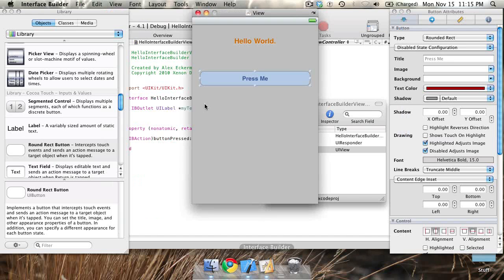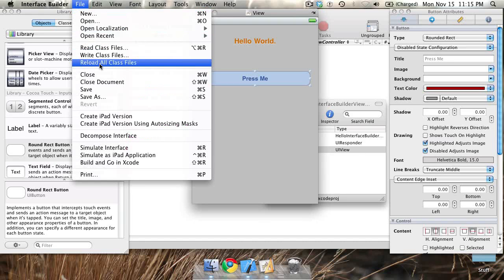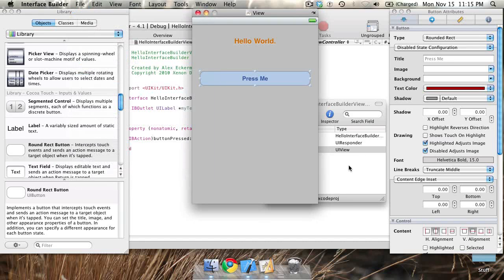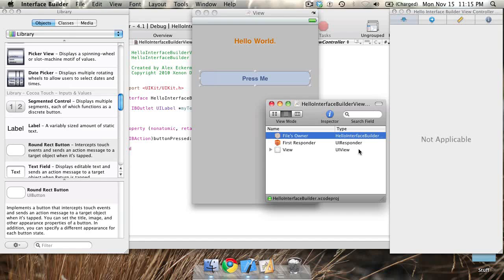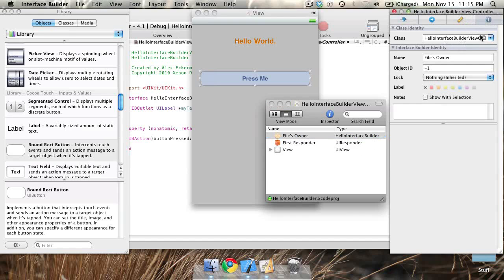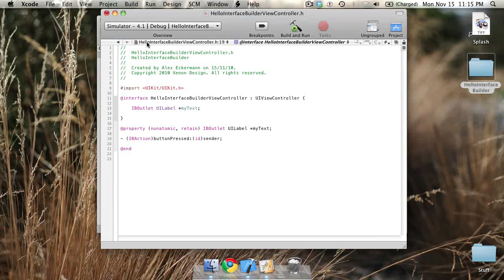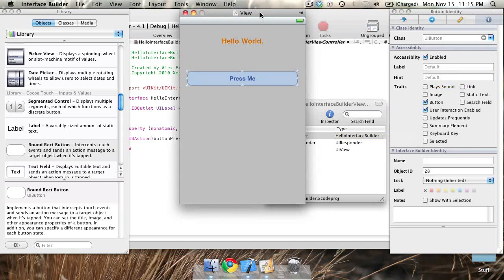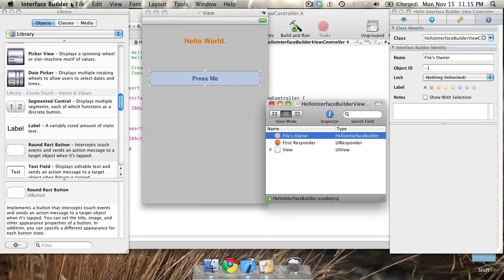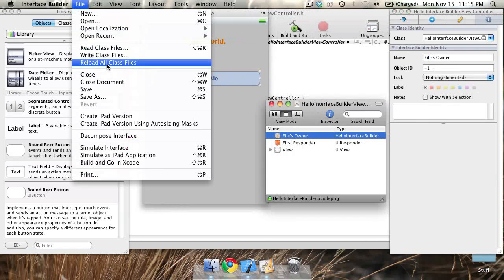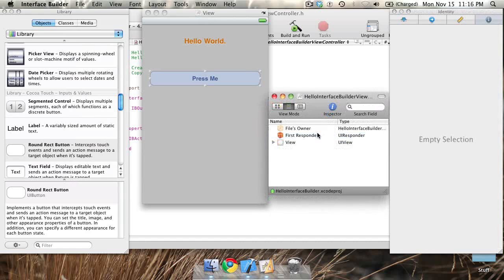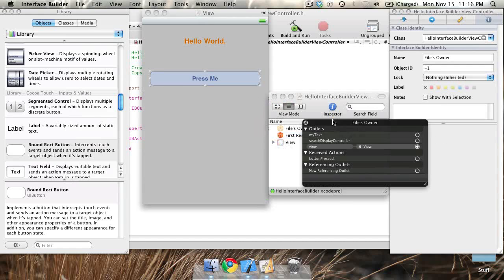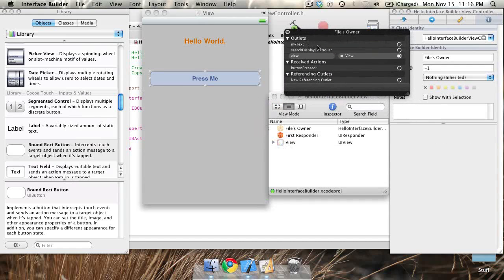Now I'm going to go back to Interface Builder and I'm going to say reload class files. What this will do is, because the files owner here has been set as Hello Interface Builder View Controller, it will then go to this class and look at all the IB outlets and IB actions available and then display them in the connections window, which I will bring up in just a moment. So reload the class files. So it's going to reload these files here. So now when I click on Files Owner, we'll see that we have a MyText IB outlet and also a